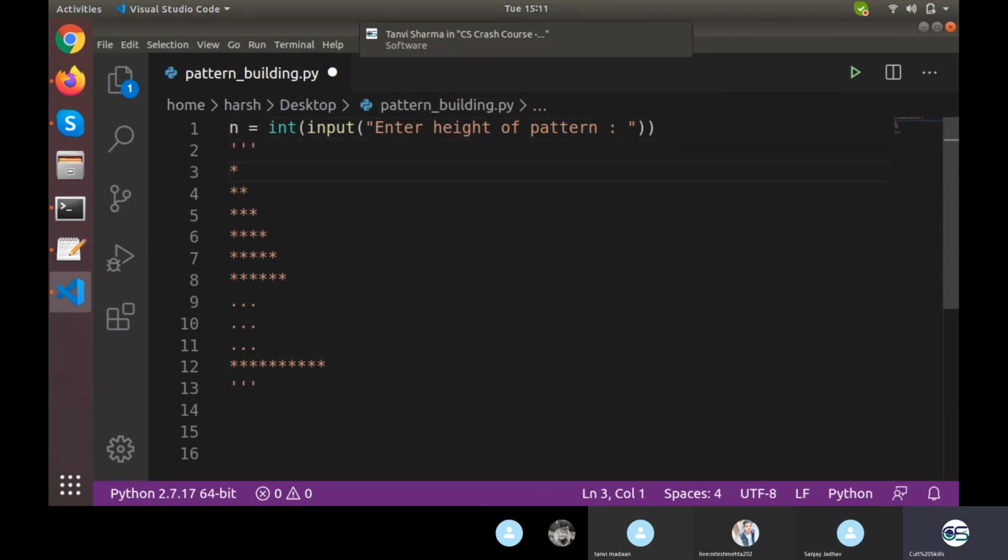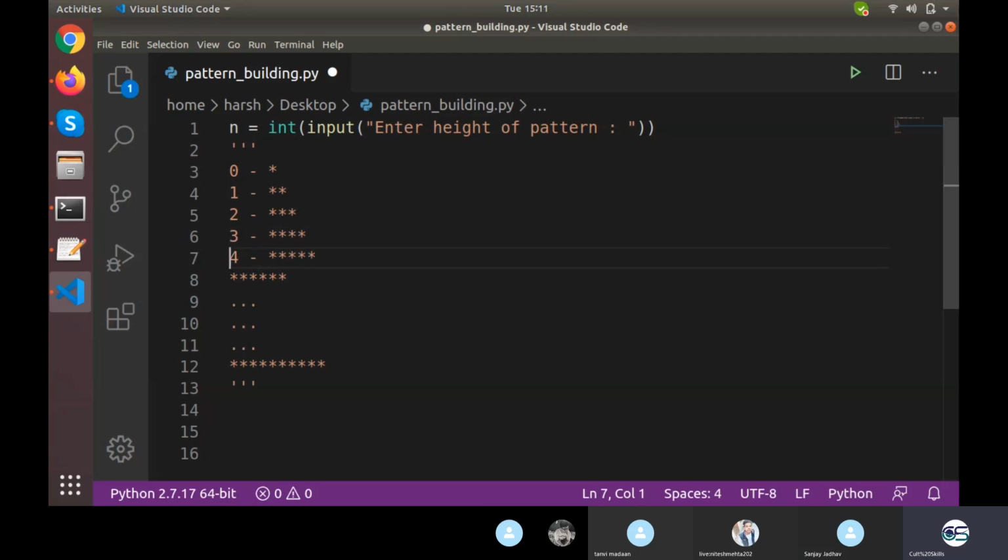What is the value of I here? It will be 0. For the next row it will be 1, for the next 2. The value of I. Okay, so this is the pattern we need.